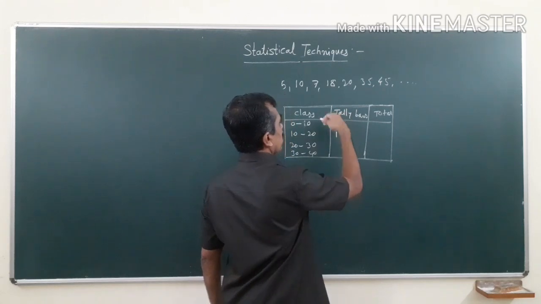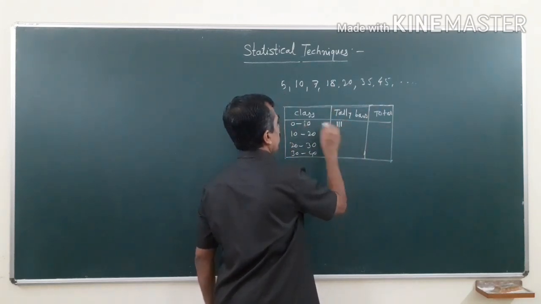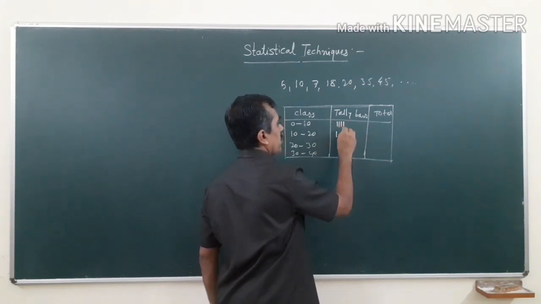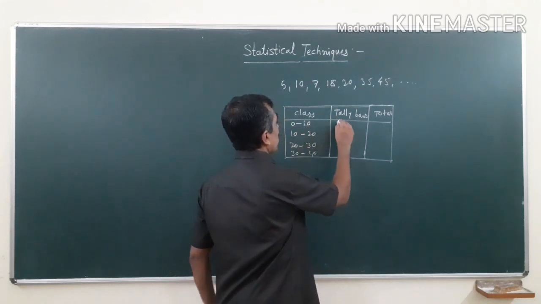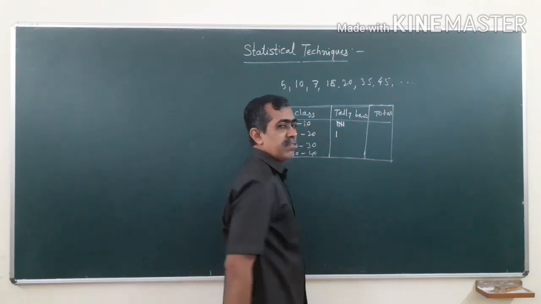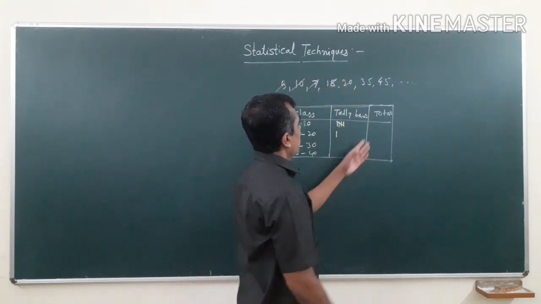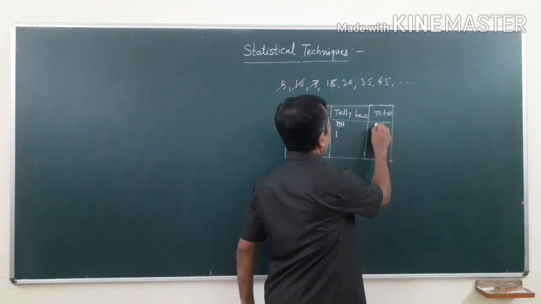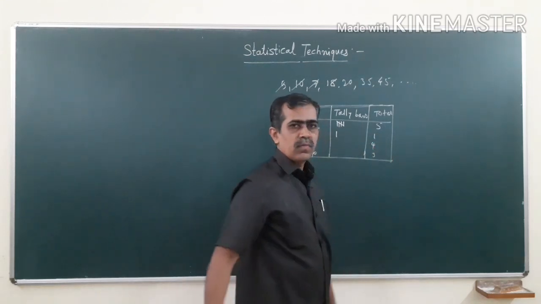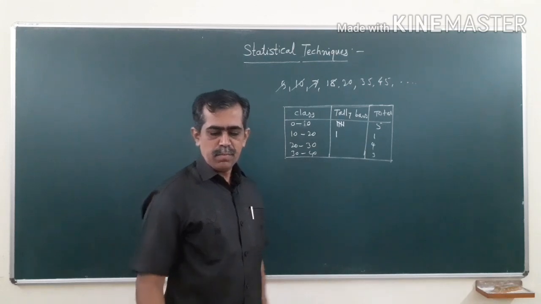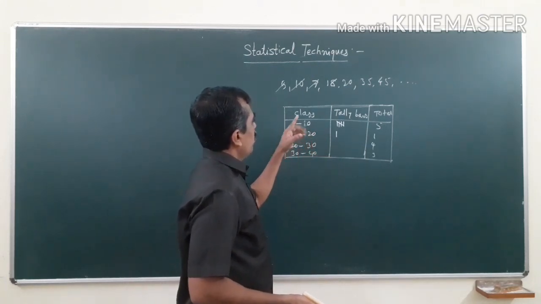Do you remember? And suppose I have another number between 0 and 10. So after 4, if I have one more number between 0 and 10, we will make a group of this like this, and then go on collecting all the numbers like this, and then have a total here as say 5, 1, total of the tally bars here 4, 3. So you have learned this in 5th standard or 7th standard somewhere. So we will see once again.